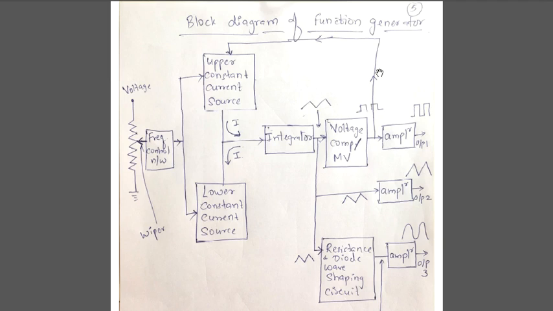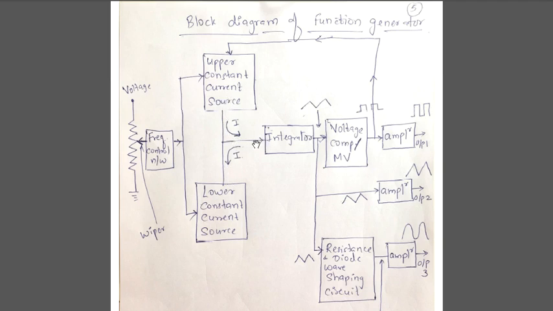It was low earlier, now it tries to become high, and when the output of this comparator has gone high, the same feedback is going to the upper current source as well as to the lower current source. So when the upper current source receives a feedback that the voltage comparator's output has gone high, now I should connect myself to the integrator, and the lower current source will understand that I should now disconnect myself from the integrator. So this is exactly the vice versa of the earlier condition. The lower current source will get disconnected and the upper current source will get connected.